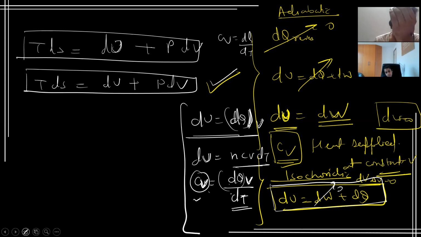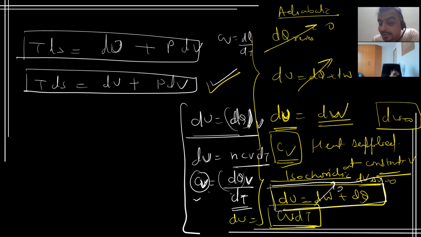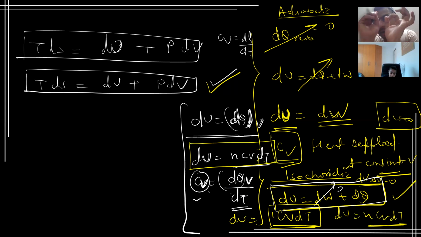So the value of dU comes out from this once we put dU in place of dq. What is dU? dU is CV dT for 1 mole. What about n moles? For n moles it will be nCV dT. So this is a sequence of process. Basically, books will write the direct formula. From where you got this, they won't tell you. But since you are studying for IIT JEE, you have to understand the logic behind it.